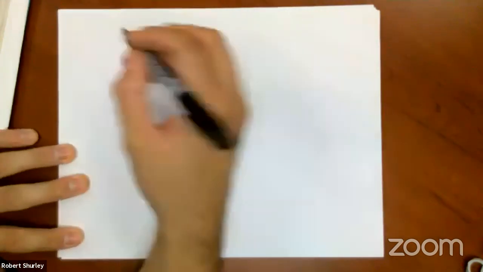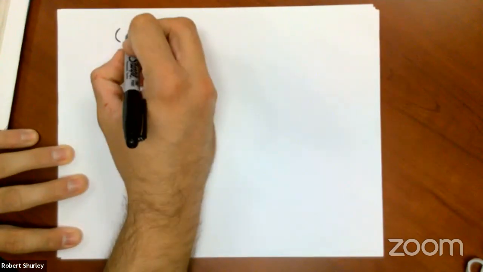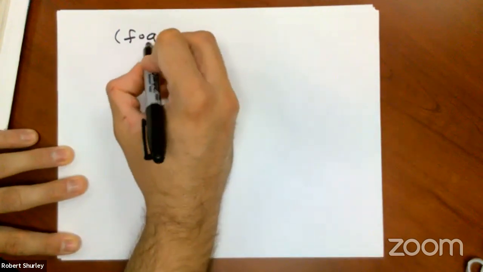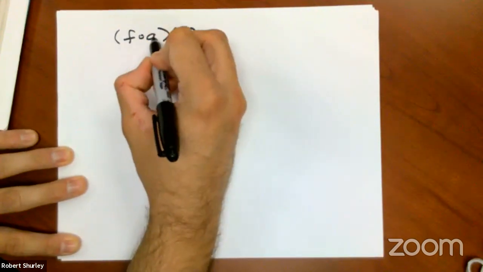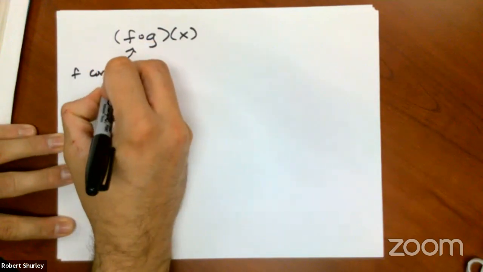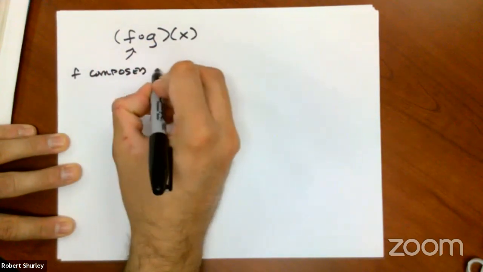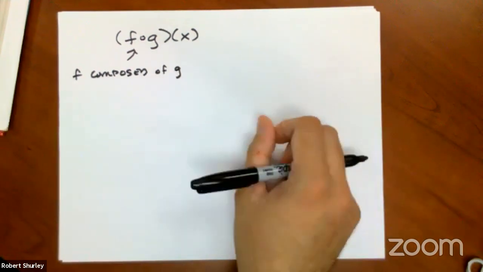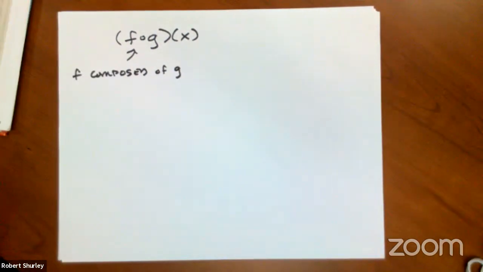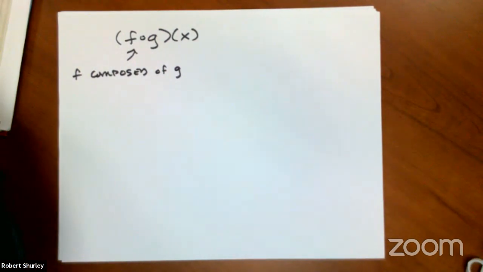So compositions work like this. To write them, you would use F, a little circle, G, and that means F composed of G. Now, it's not multiplication. We know how to do that already. What's different about this